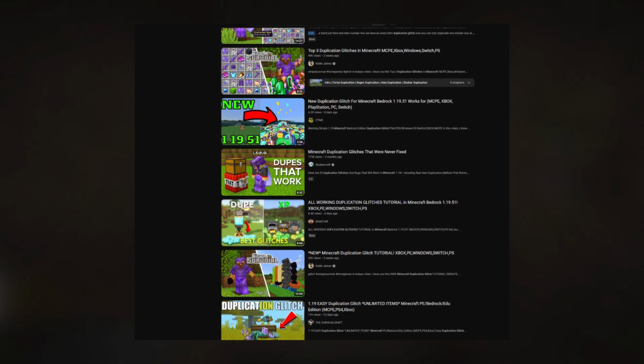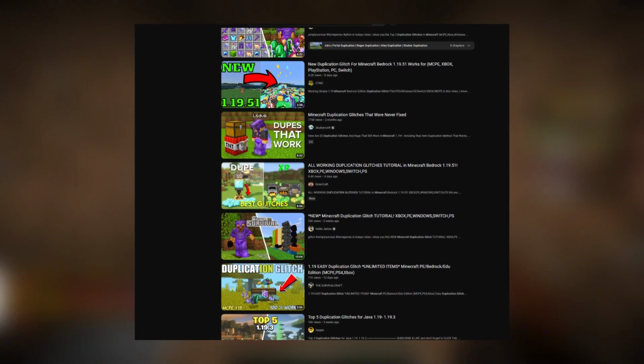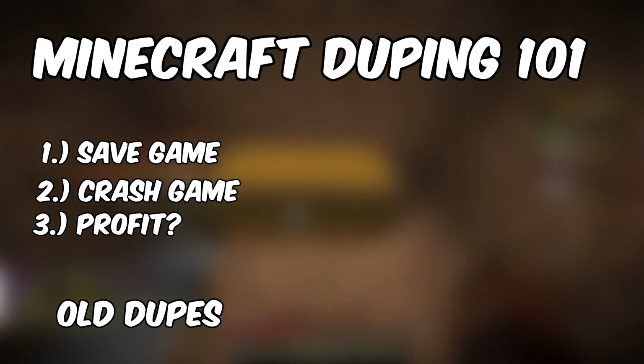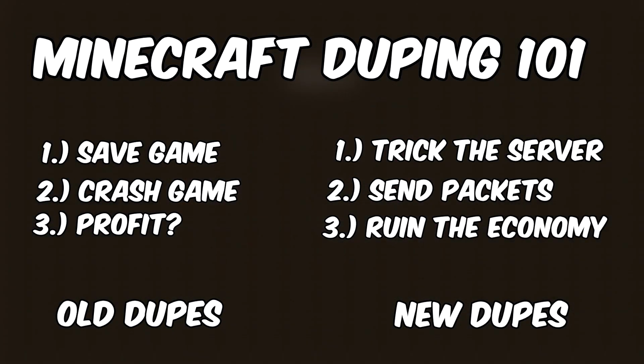Since the dawn of Minecraft in 2009, there has always been someone looking to find the next game-breaking glitch or exploit to gain access to an unholy amount of items that were never meant to be achieved. Some of these were quite simple, just crash the game, load back in, and have double the items you had before, while others use methods to trick servers into sending the wrong packets, thus duplicating an insane amount of items